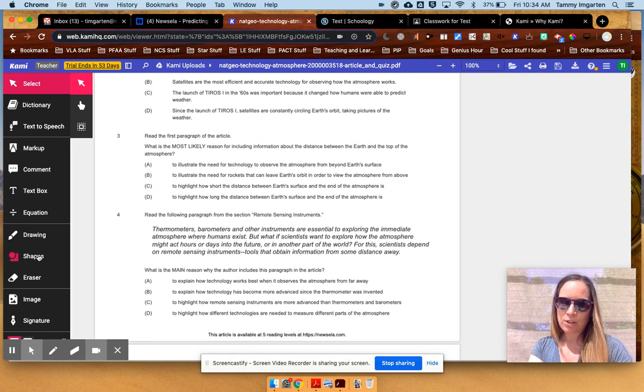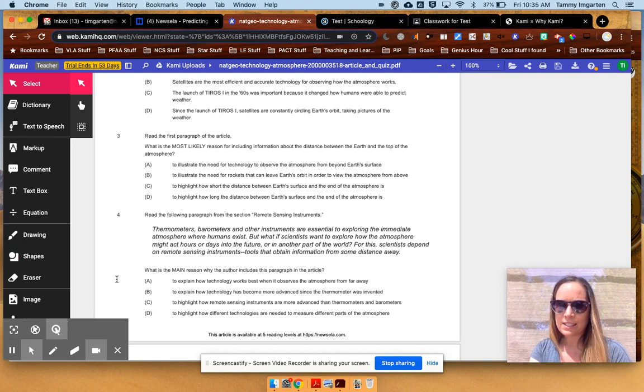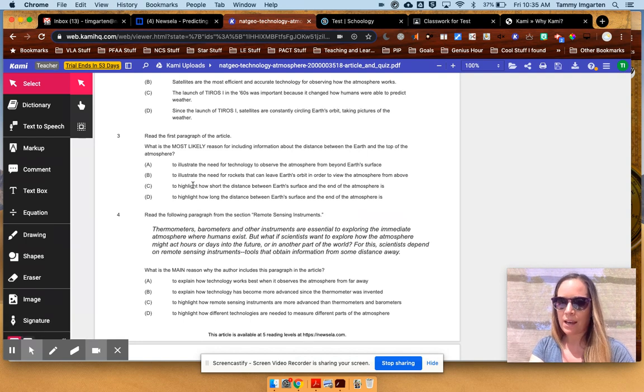You can ask them to put a shape around, hey, if there's a question that you don't really know how to answer, put a shape around it so that you can show me that you don't understand. So there are some really great things that we can do with this. And I would love it if this is something that the teachers can have access to, because it really just brings that idea of